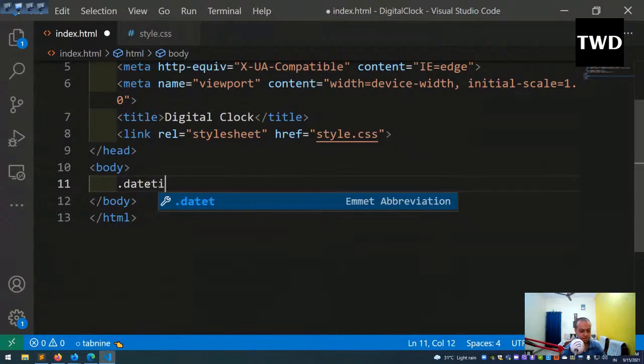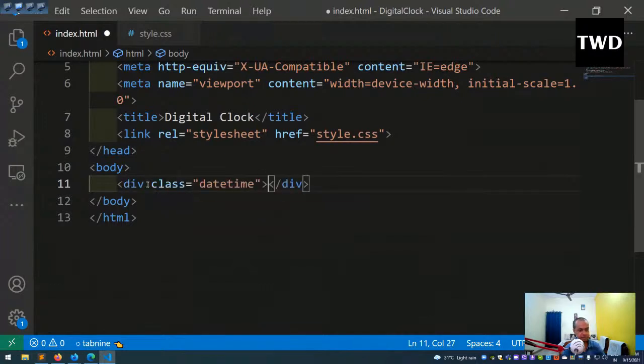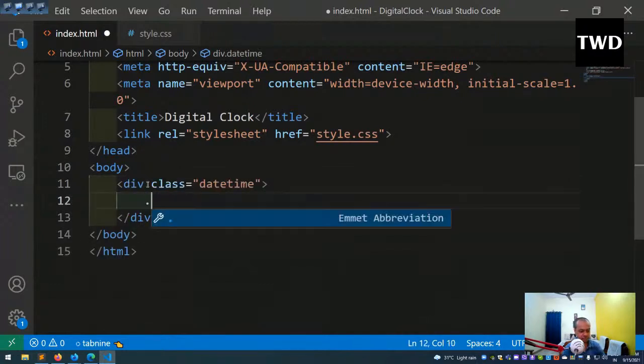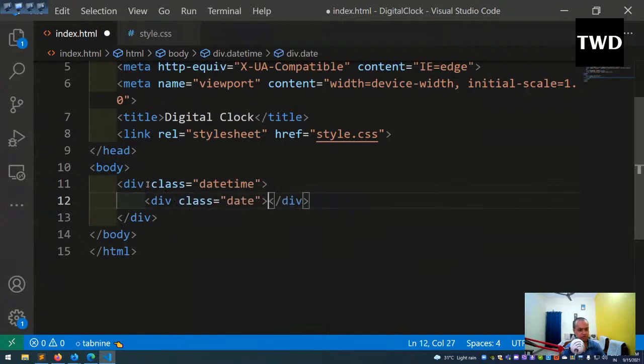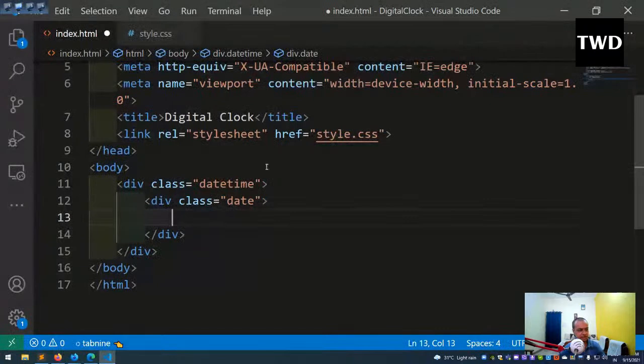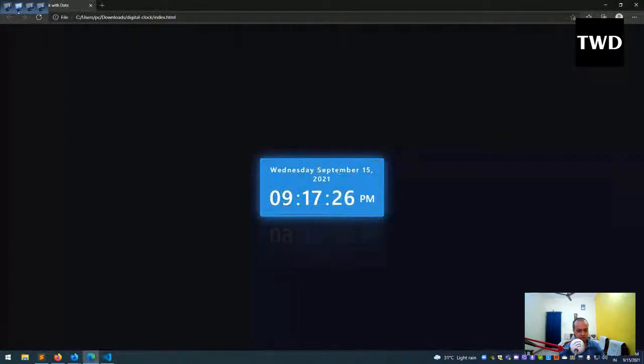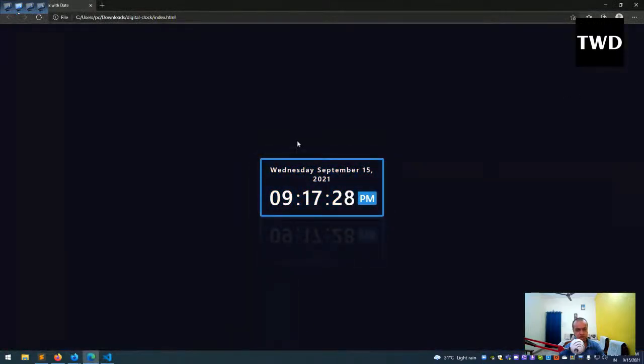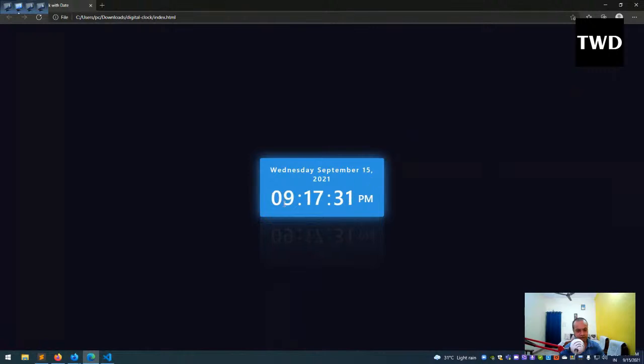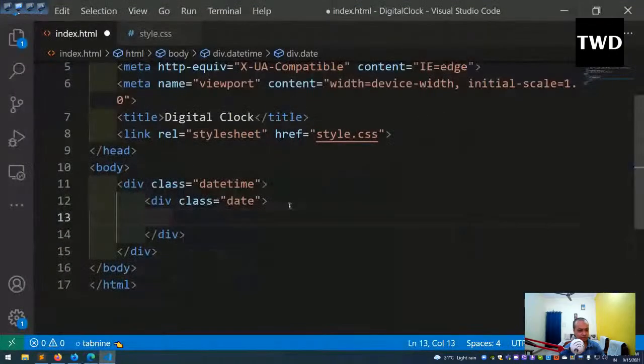Inside this we are going to have the date. See here, all these things are there: Wednesday September 15, and after that this is there. So we are going to have all these things, and with the class of date we are going to have